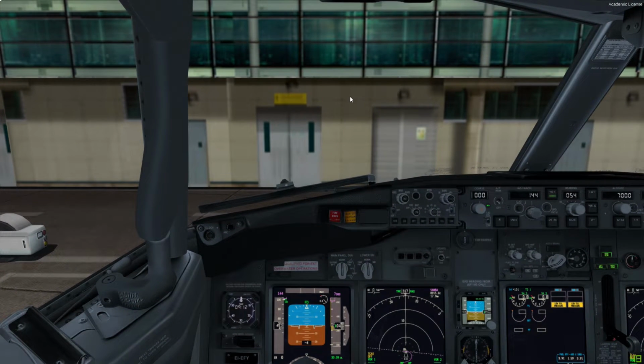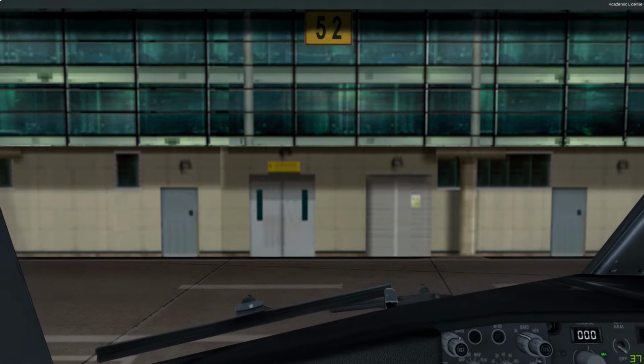So, I'm going to do things a little bit differently. I'm actually going to tell you guys the information about this flight right now while the boarding's on the go. So, we are going to be travelling for around 2 hours and 15 minutes. We should be departing at 9:25 Zulu and arriving at 11:40 Zulu. Our flight level today is flight level 320, and we're taking Ryanair flight Romeo Yankee Romeo, or RYR3187. We're at gate 52,